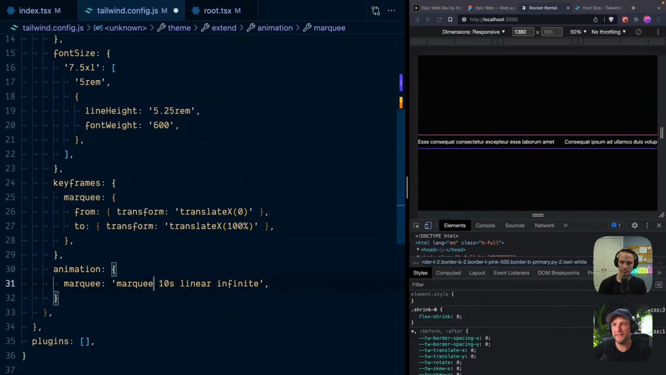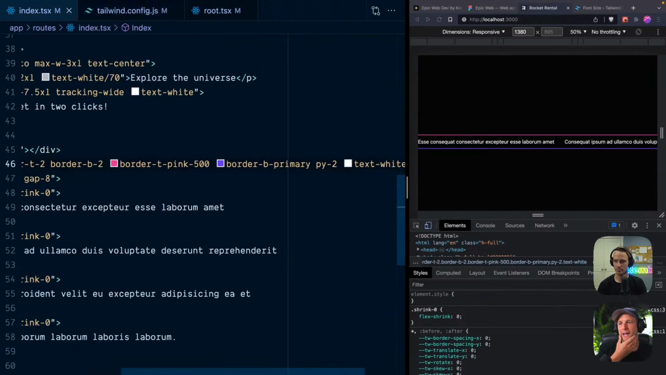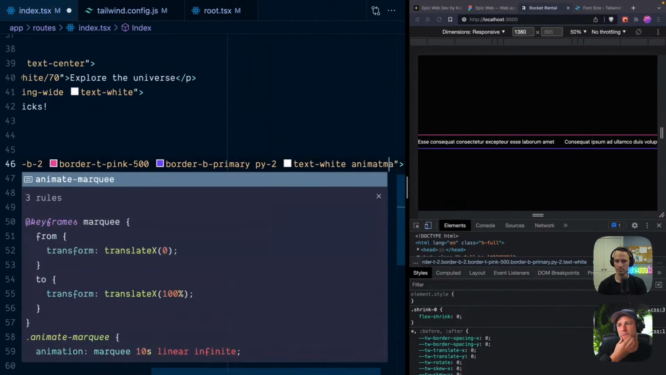And then over 10 seconds, perfect highlighting. Thank you. It's in a linear way, which means it doesn't ease at start and slow down like a car. It just goes linear, which is exactly what we want. And then infinite means it loops infinitely. So we created a keyframe animation and then an animation. So now Tailwind has an animate-marquee because you called it marquee. So if you add that to the